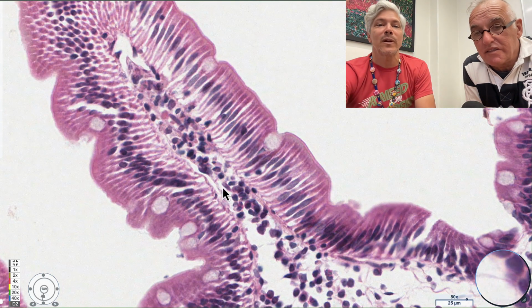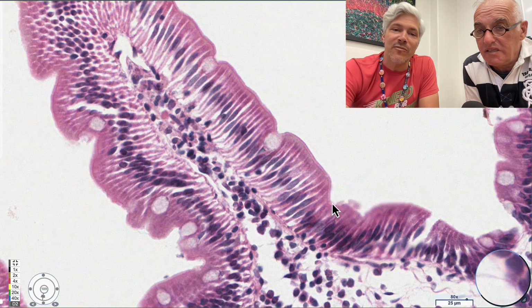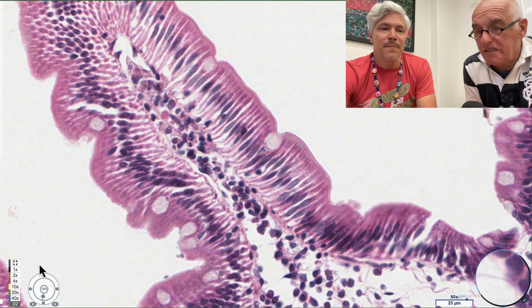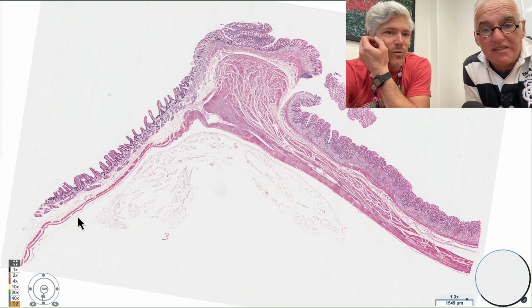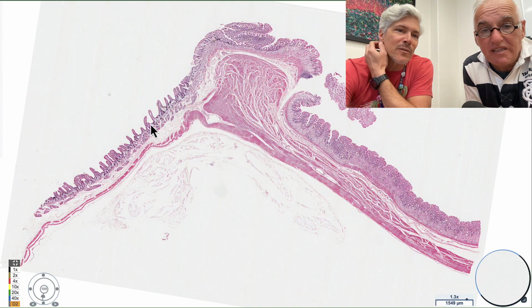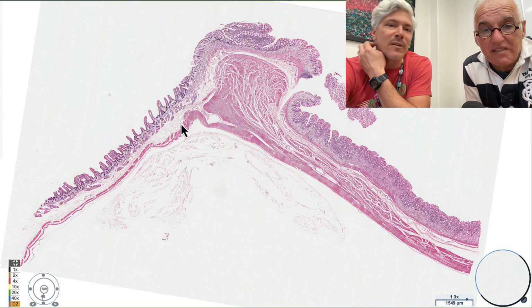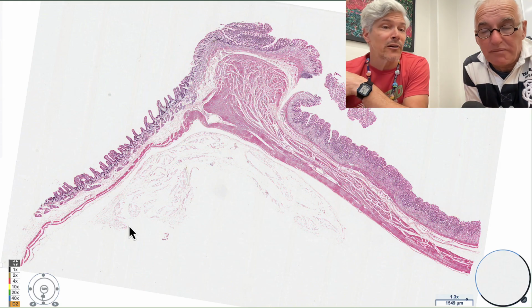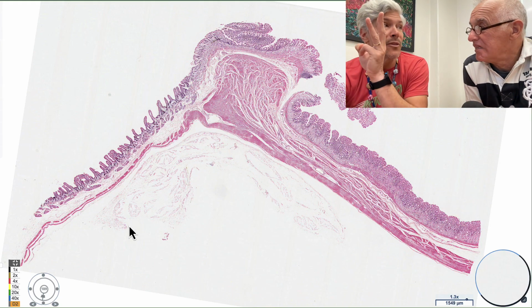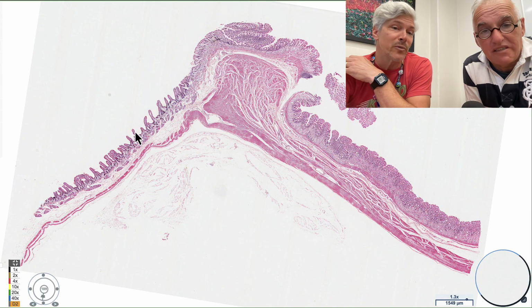So we have villi, we have microvilli. I'm going to drop out real quick and just look at the whole slide. Unfortunately, we're missing the larger scale. If we saw the whole mucosa thrown up into large folds, we would call those plicae circulares. So there are not one, not two, but three levels of folding: plicae circulares, which you can see macroscopically